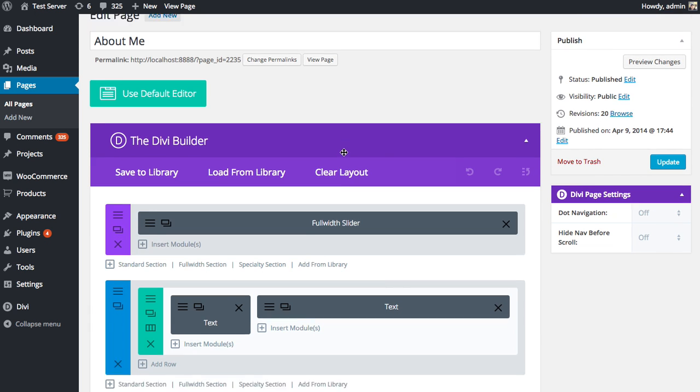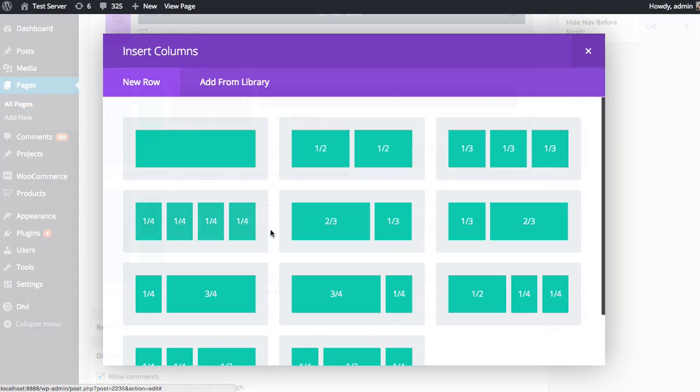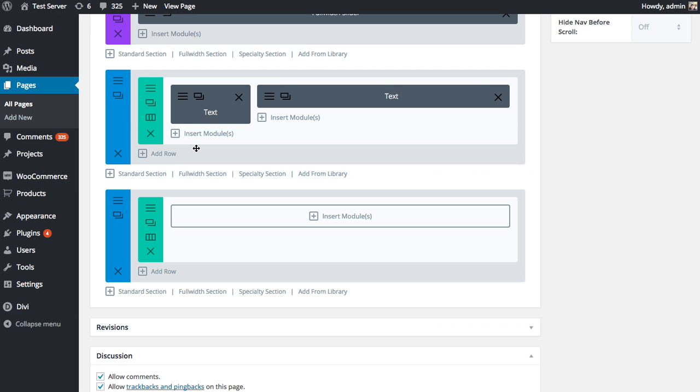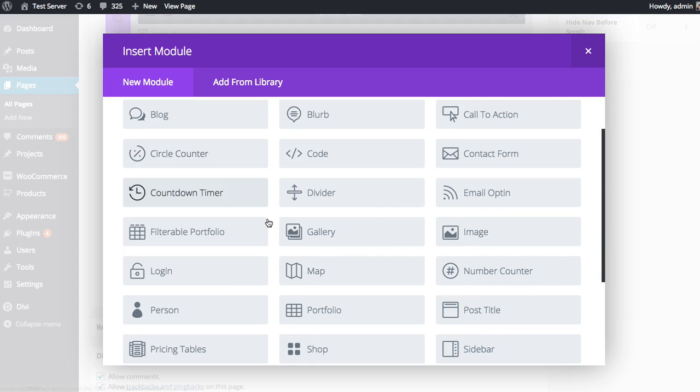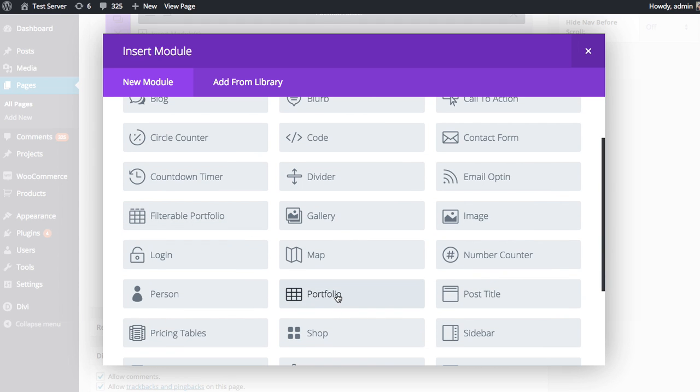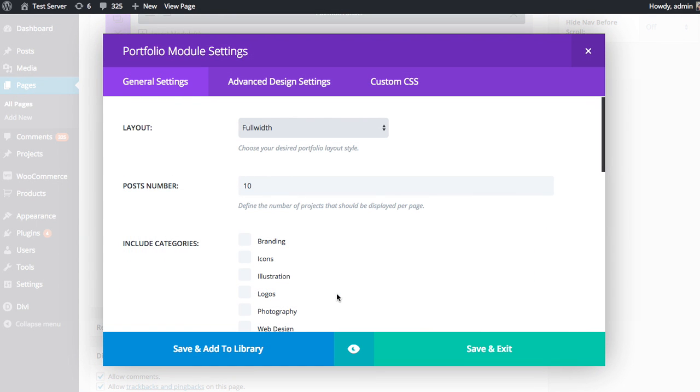and at the bottom I'm going to add a new section. I'm just going to use a 1-column row. And I'm going to click the Insert Modules button and look for the Portfolio module, which is right here. Once you click that, you'll be greeted with the various portfolio module settings, and as with any Divi Builder module,